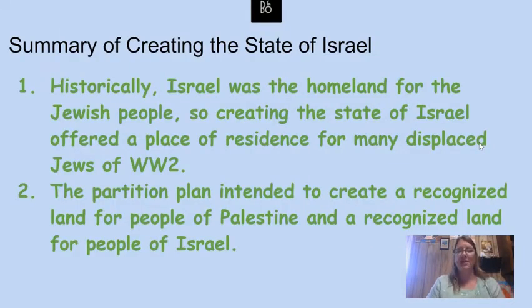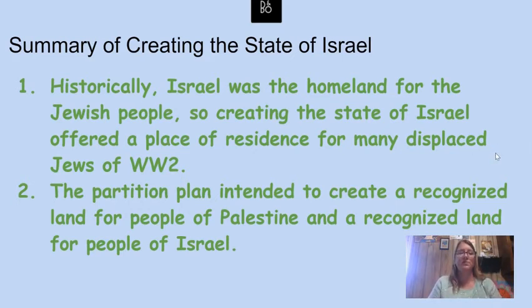Summary of creating the State of Israel. One, historically, Israel was the homeland for Jewish people. So creating the State of Israel offered a place of residence for many of these displaced Jewish people of World War II. Secondly, the partition plan intended to create a recognized land for the people of Palestine and a recognized land for the people of Israel. That was the intention, to have two areas, kind of split up, but areas that were recognized for two separate